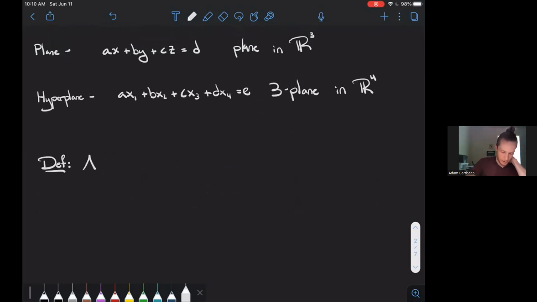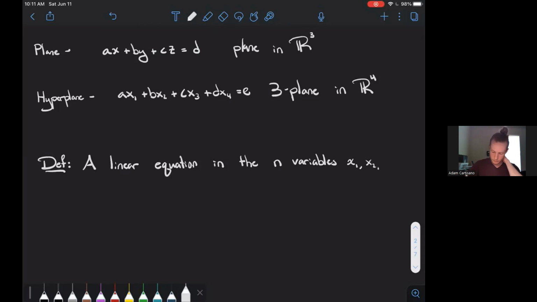A linear equation in n variables, x1, x2, all the way up to xn, is an equation of the form